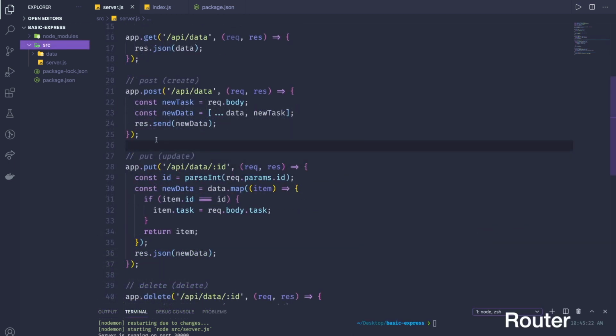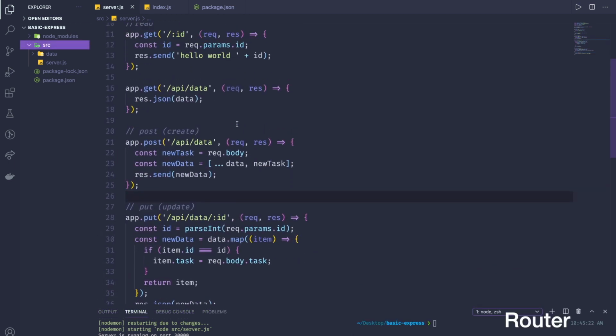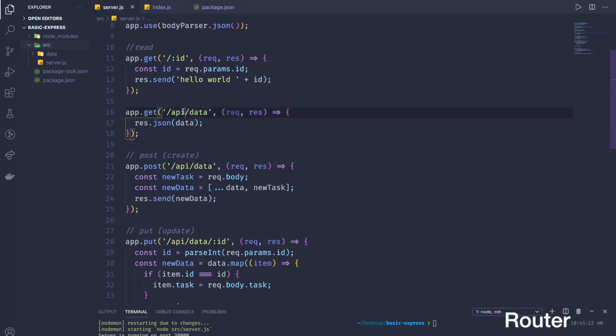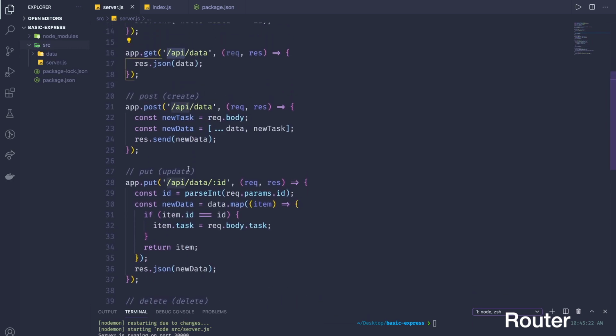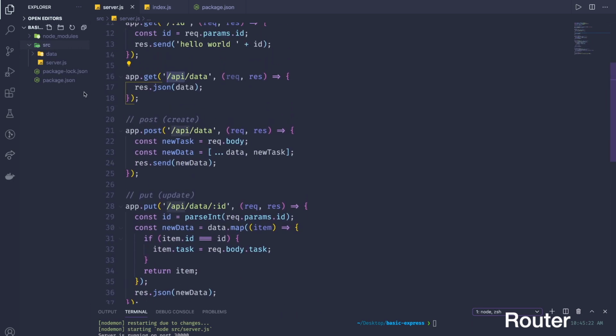Alright, so in this part we're going to work with the router. So what is a router? As you can see right here, right now we have the prefix /api. So we can make this one a router, and let's start with that. The way we do that, I'm going to create a folder called router, and then in the router folder, I can create